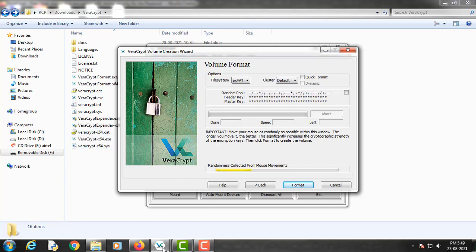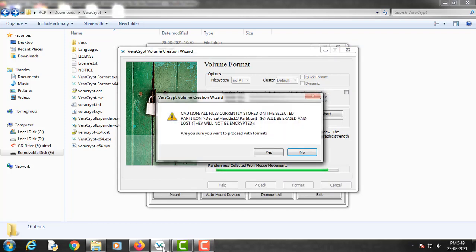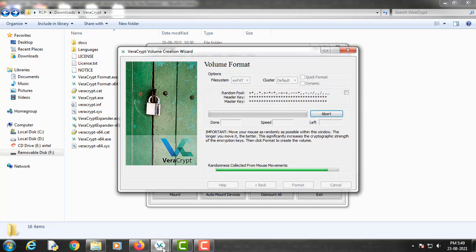I will keep moving the mouse until this bar gets green. So I have increased the randomness. Now I will format this drive. It is asking, are you sure you want to proceed with format? Yes.